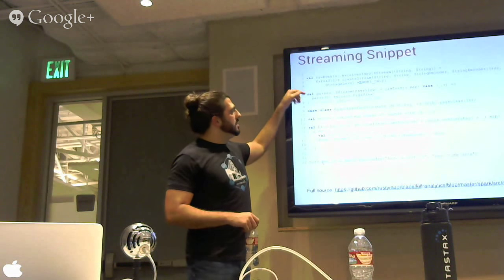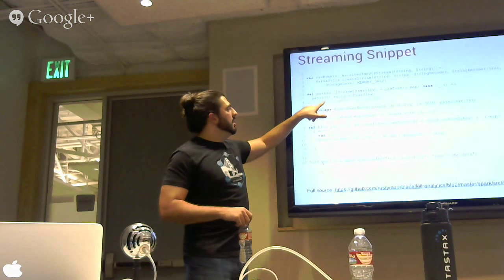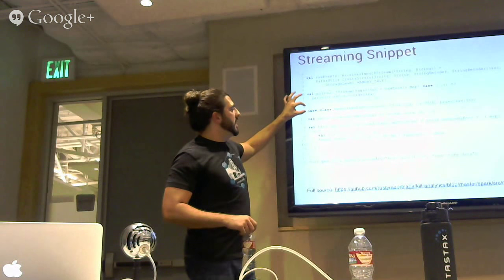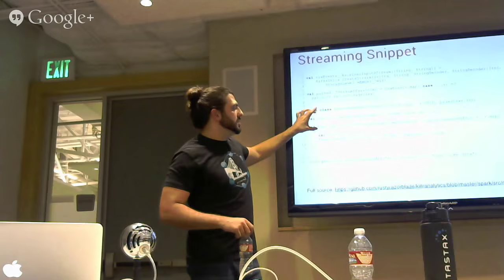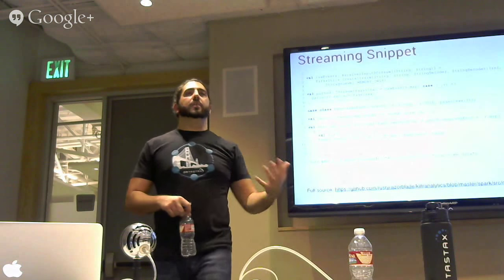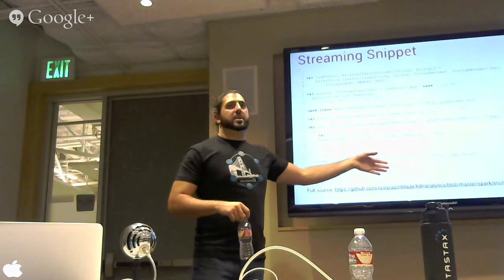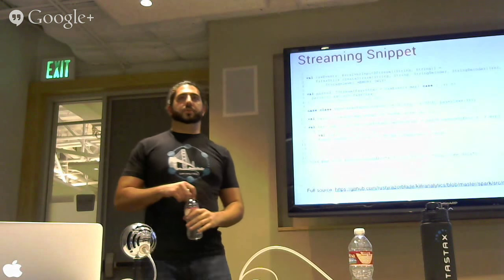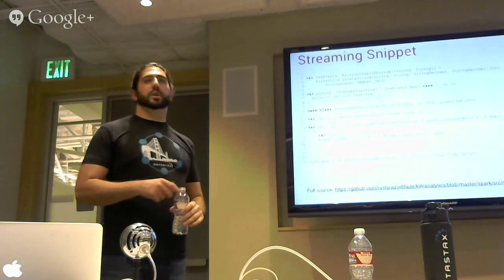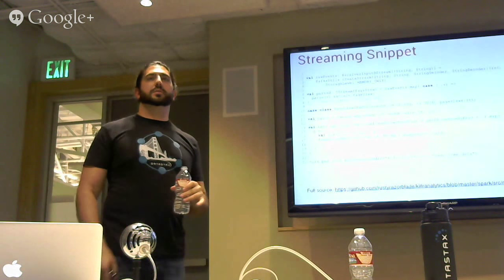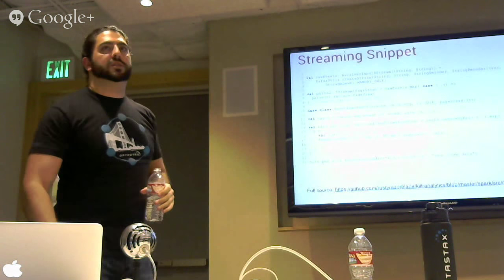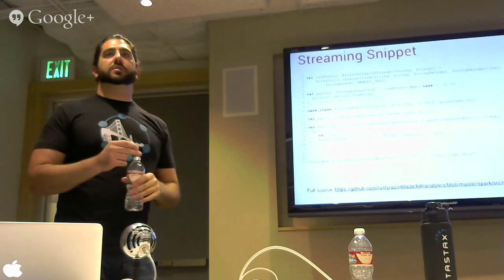So in this particular case, this is some JSON data, and it comes in as a string, and then it extracts some JSON, and then this is doing aggregations, and then this is writing it out to Cassandra. So every second, I'm going to get a bunch of data, aggregate it, and write it out to Cassandra in a bunch of different partitions. So the nice thing about this is I'm only writing my data in once a second. So I could be processing like 5 million events a second in Kafka, and the overhead's not enormous.